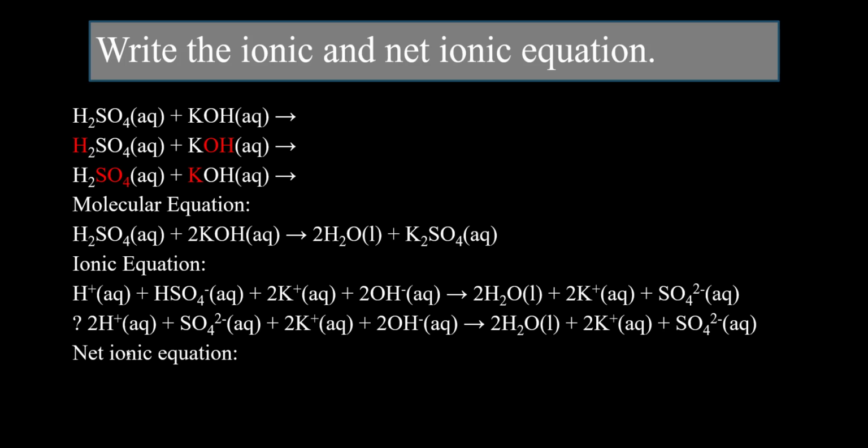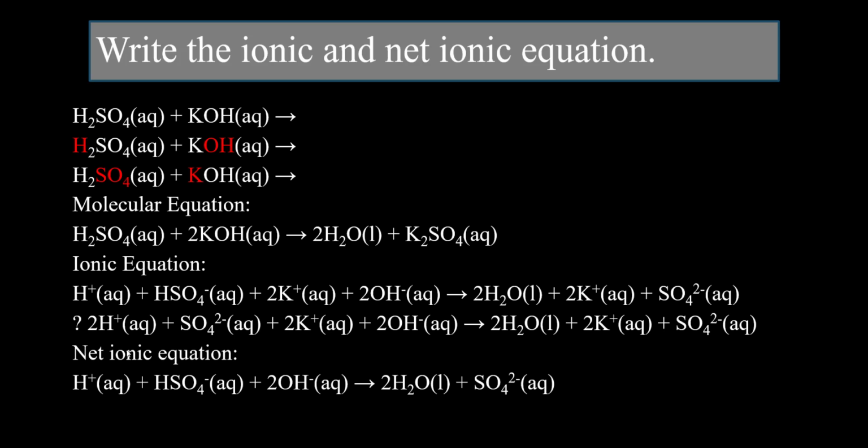You'll see they're actually quite different depending on which one you start with. If you do this more correct way, it's only the potassium ions that are able to be canceled on both sides, because we went from having a hydrogen sulfate to a sulfate ion. This was one of the dominant parts of the solution before, but now it becomes just sulfate ions in the presence of hydroxide, just like the other weak acid example. However, this is how you'll see it written on the web everywhere, as if we had only hydrogen ions and hydroxide ions that were coming together to form